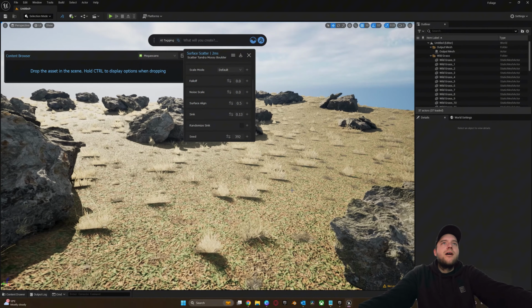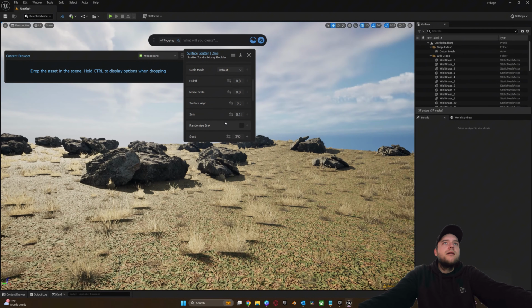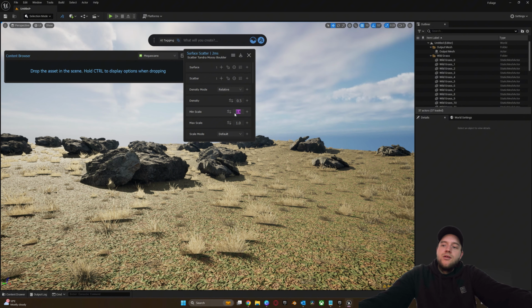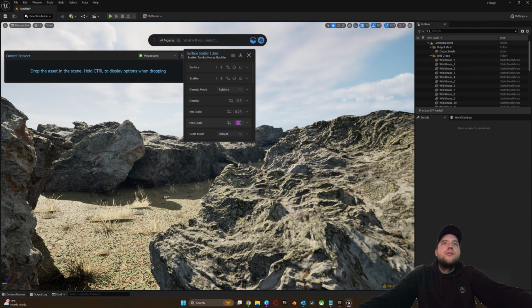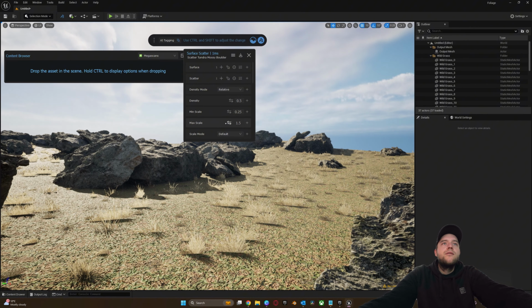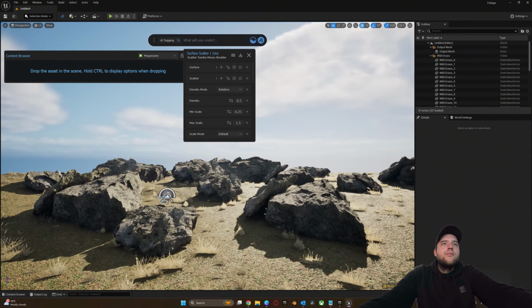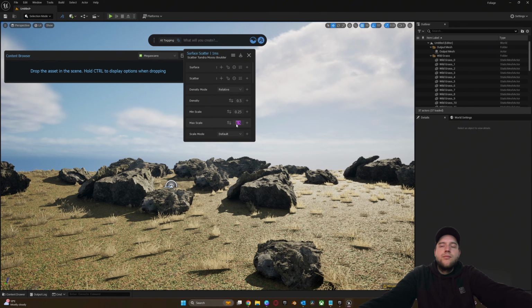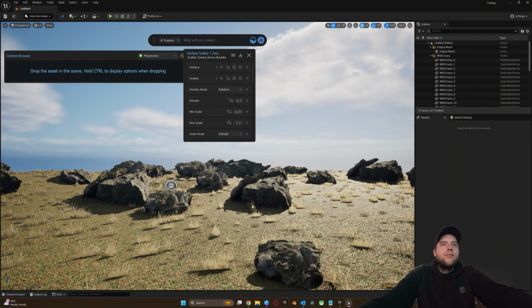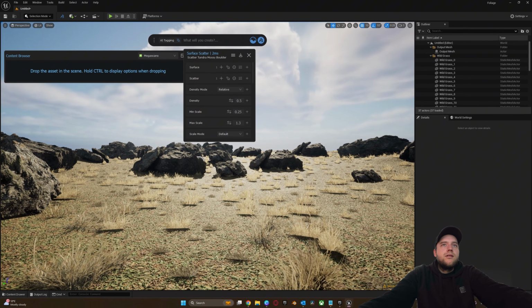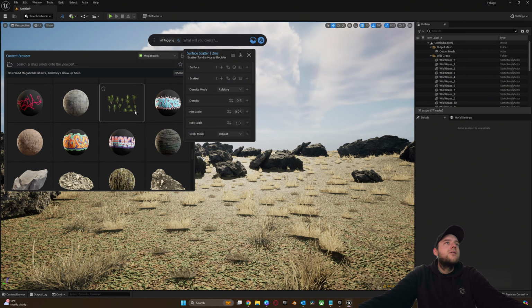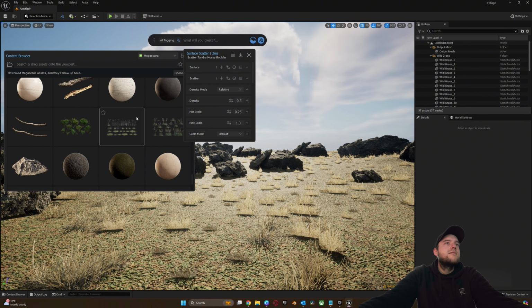And now you can play around with the min scale and max scale. So I'm going to try 0.25 and 2. Maybe not 2, maybe 1.5. Okay, so that's alright for now, and then I want to go in here and add some